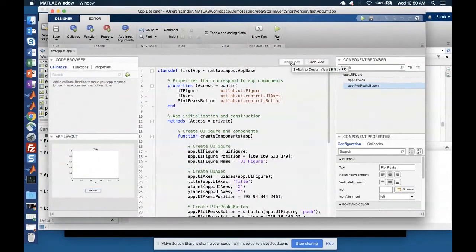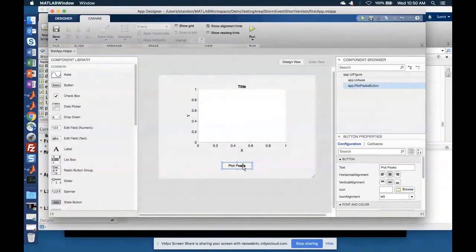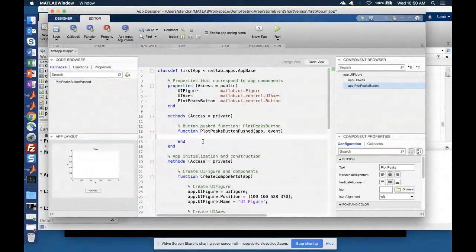In order to program this control, I'm going to right click on it and add a ButtonPushed function callback. As soon as I do that, a new function appears here where I can type custom MATLAB code and change the behavior of that control.